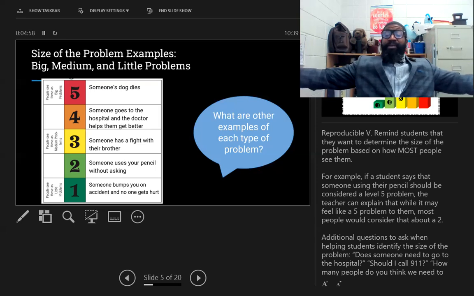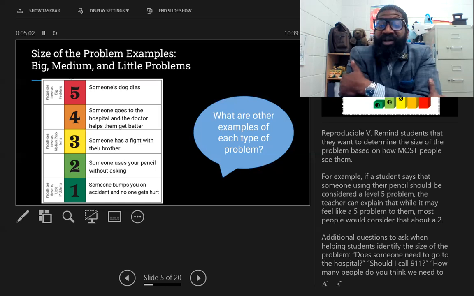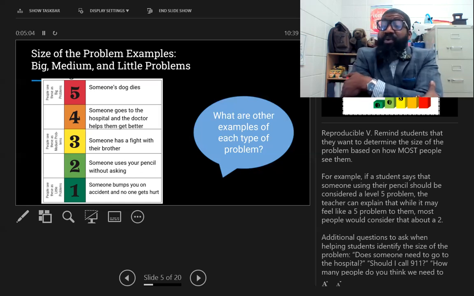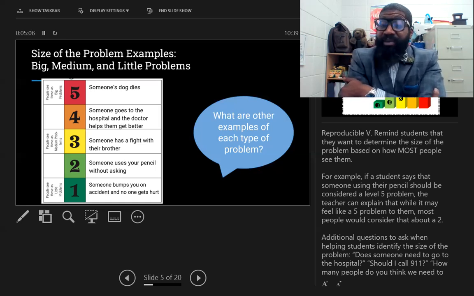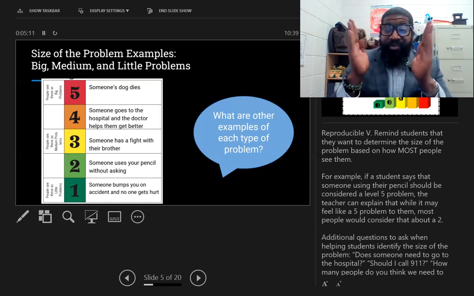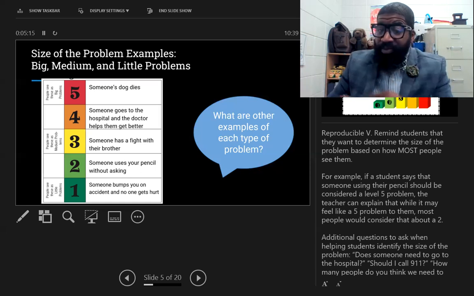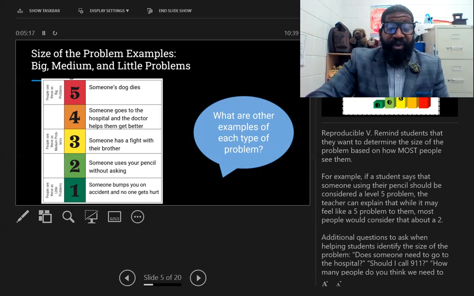When we think of huge problems, the reason why we put our arms out is because these are problems where we're going to need wraparound support. When you have huge problems, you need more than one person to come in. You need a lot of people to come in and support you. Okay. When you got medium problems, you really only need 2 people. You can hash that out. When you got little problems, see it's one hand, you only need one person to fix it. That's you. Okay.